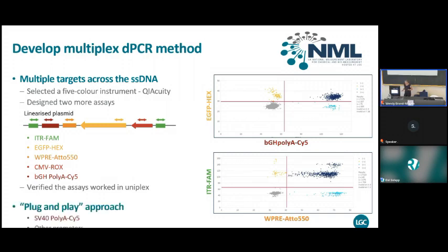So I should say at this point, we didn't want to restrict ourselves to just AAV2. So we started putting in different